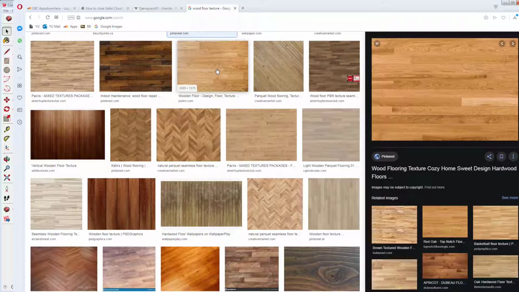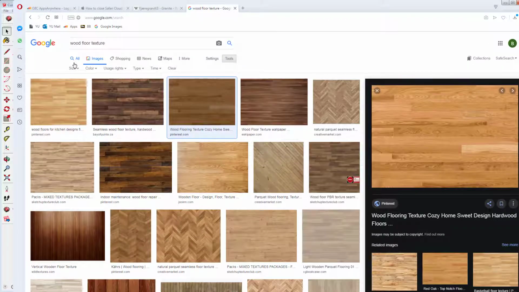This one has fewer. The more planks that we can actually get into the image, something like this one, or this one is good, or this one here is quite good. So the more variety or more pieces that we can get in our original parameters when we're searching, the better the material will look